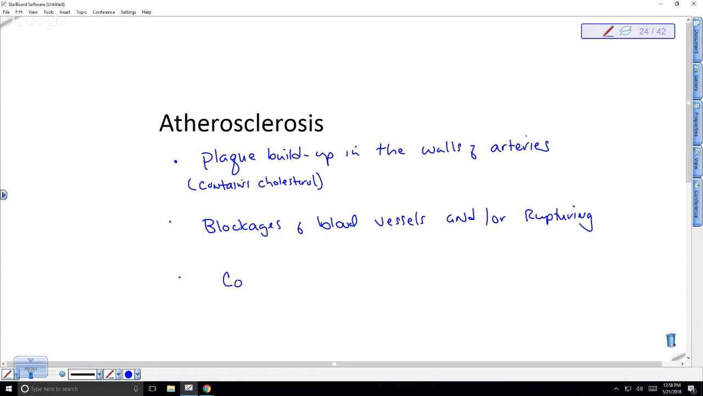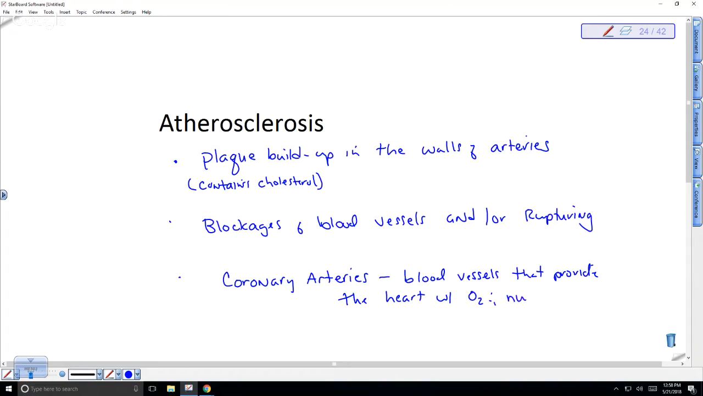So, for example, these are what are called the coronary arteries. These are blood vessels that provide the heart with oxygen and nutrients. There are also veins, called the cardiac veins, but the coronary arteries are a problem because they're the ones that are most susceptible to atherosclerosis. Okay? So if you look at what this looks like,